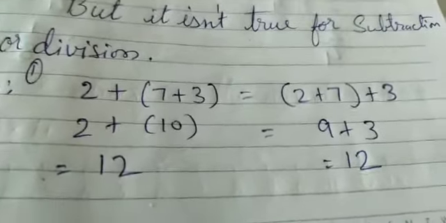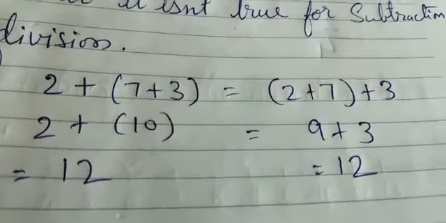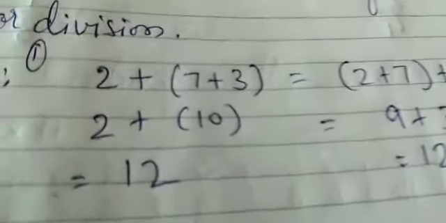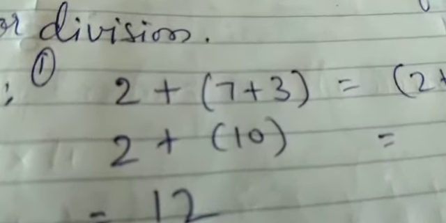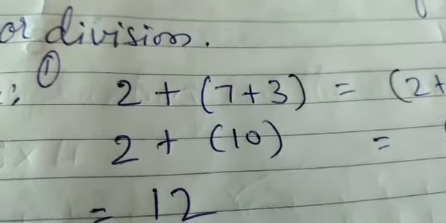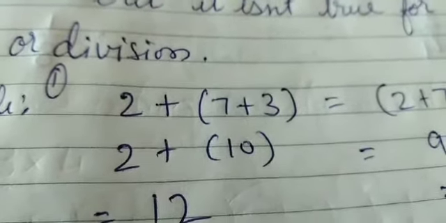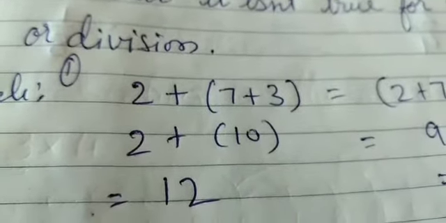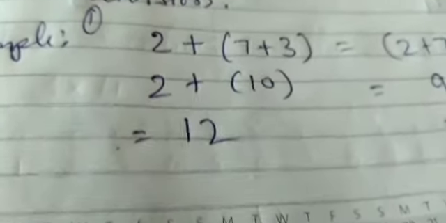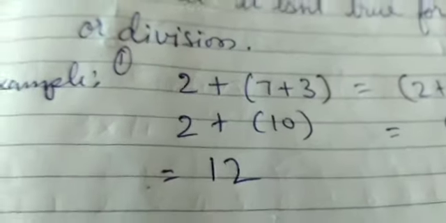For addition, how you are going to do the calculation if more than 2 whole numbers are taken for adding. Okay, so here I have taken an example of 2 plus 7 plus 3, right? Then what I did, I thought of adding 7 and 3 because I know 7 and 3 is 10. Okay, तो आप easily calculate कर सकते हो. 7 plus 3 is 10. So first I added 7 and 3, I got 10, and then that 10 is added to 2, so I get 12. तो फिर मैंने सोचा ऐसे नहीं करते हैं, दूसरी तरह से करते हैं.